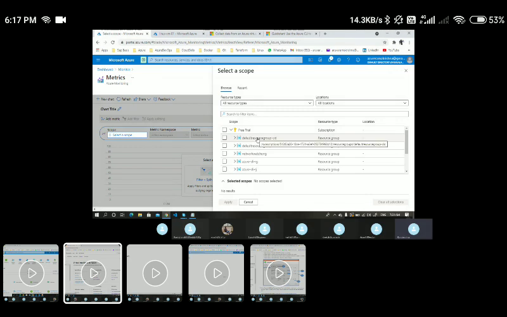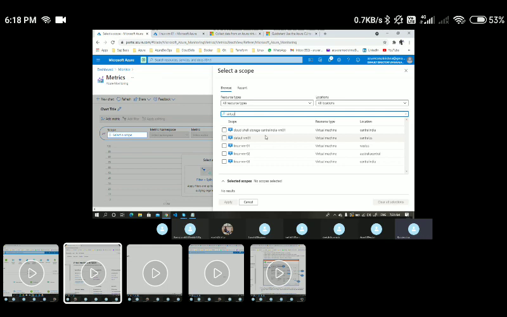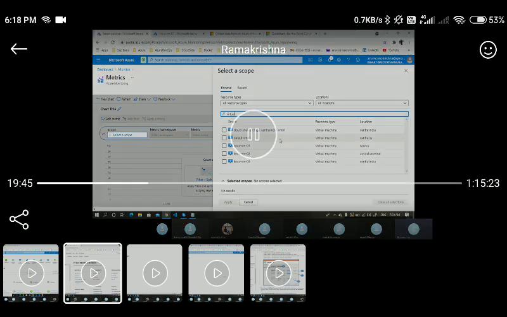If you want a specific service, you can just search it here, you can filter it here. I'll say virtual machine. As soon as I enter virtual, here I will be able to see only virtual machines. At this moment, these are the only two servers which are up and running, right? So I want to set up monitoring for these two VMs only, like VM01 and VM02.